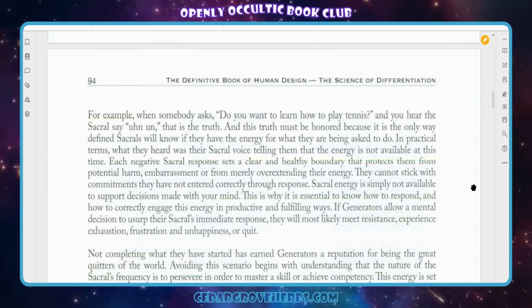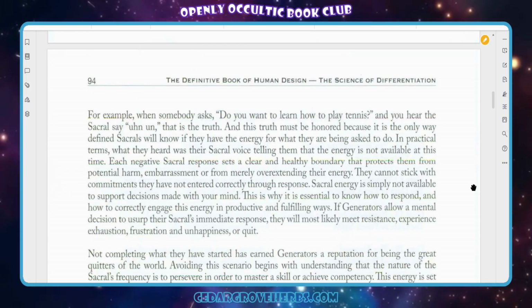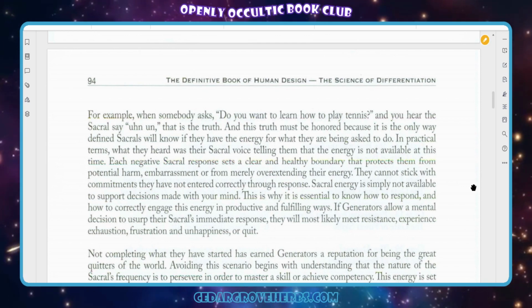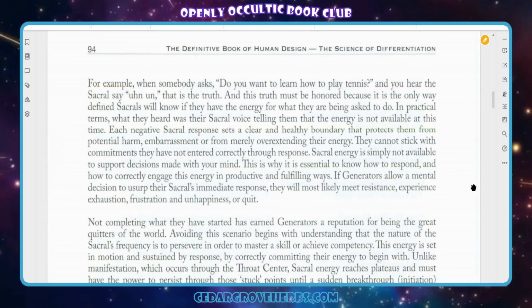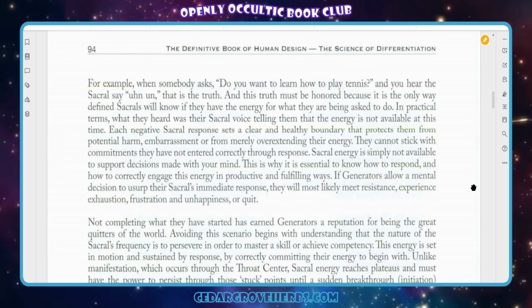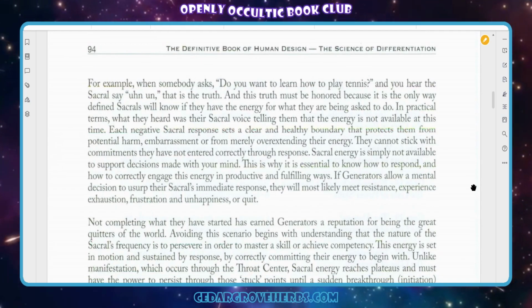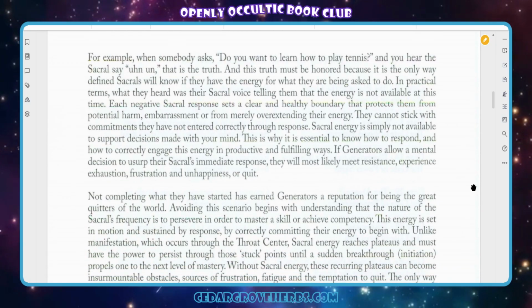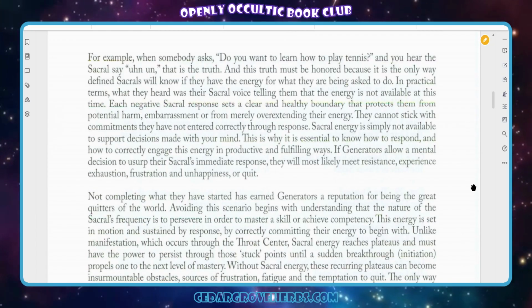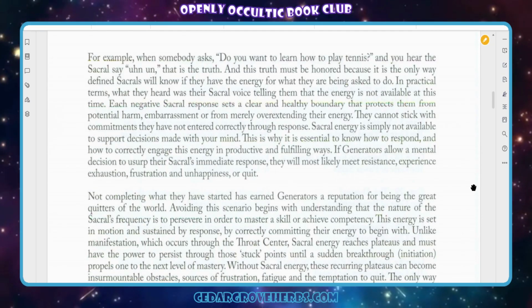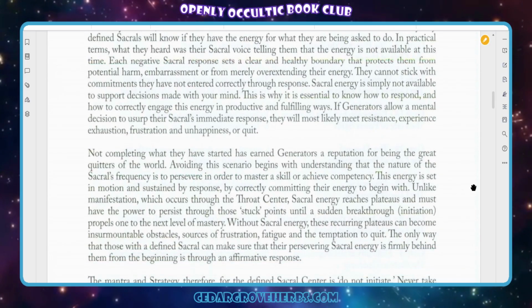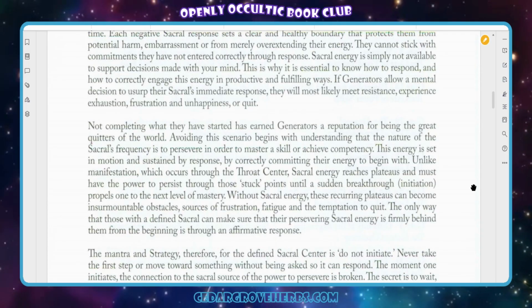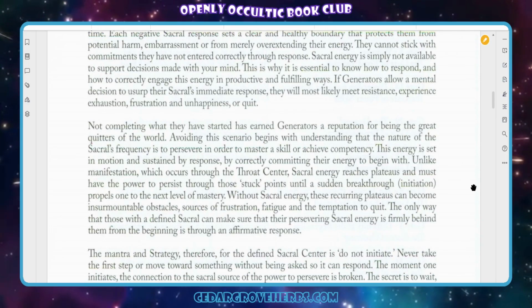Sacral energy is simply not available to support decisions made with your mind. That's why it's essential to know how to respond and how to correctly engage this energy in productive and fulfilling ways. If generators allow a mental decision to usurp their sacral's immediate response, they'll most likely meet resistance, experience exhaustion, frustration, and unhappiness, or quit. Not completing what they've started has earned generators a reputation for being the great quitters of the world. Avoiding this scenario